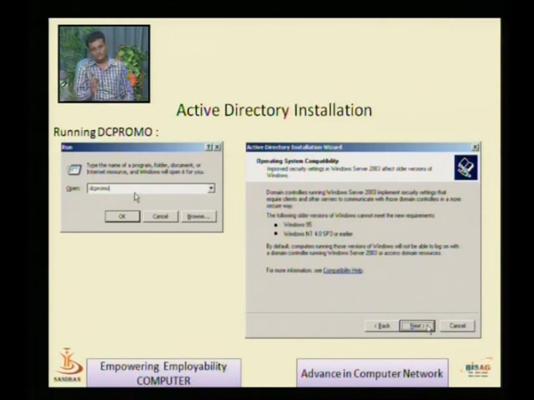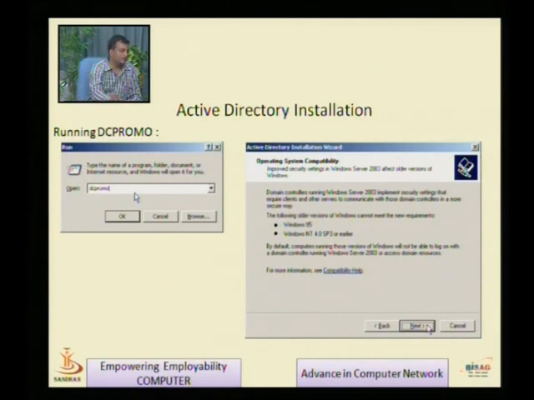For Active Directory installation we have two ways. One is to select Start, then go to Administrative Tools, then Manage Your Server and Add or Assign Role, that is the GUI way. Another way is to simply click Start and select Run. Look at this picture. Inside Run, what you need to type is dcpromo, that I have typed here, and click on OK. At that time dcpromo is going to start Active Directory installation.